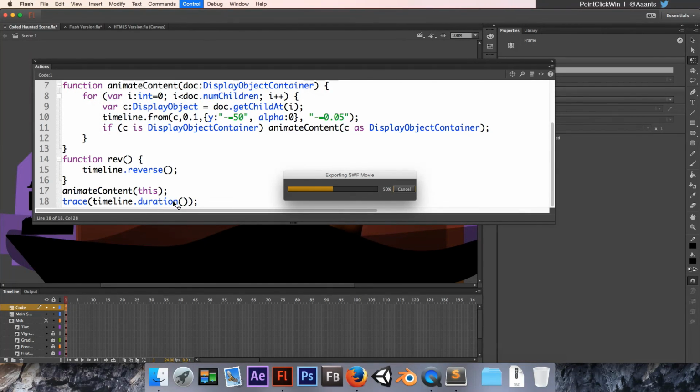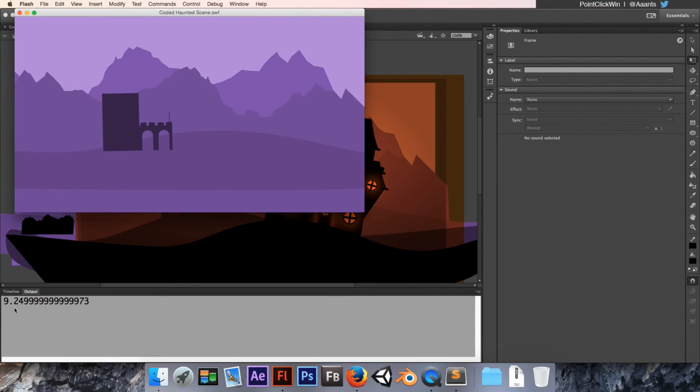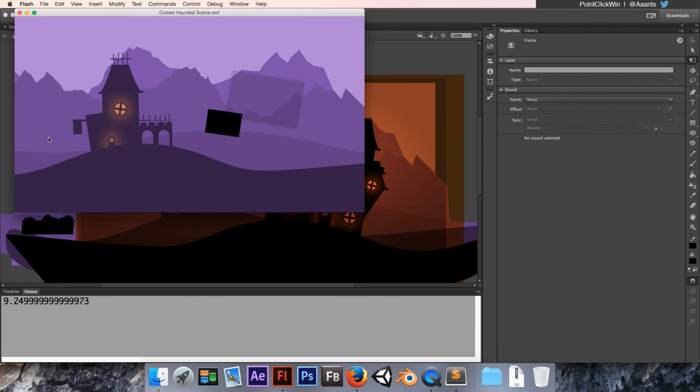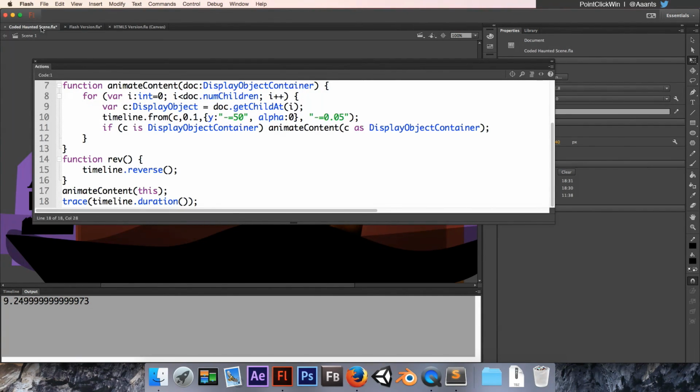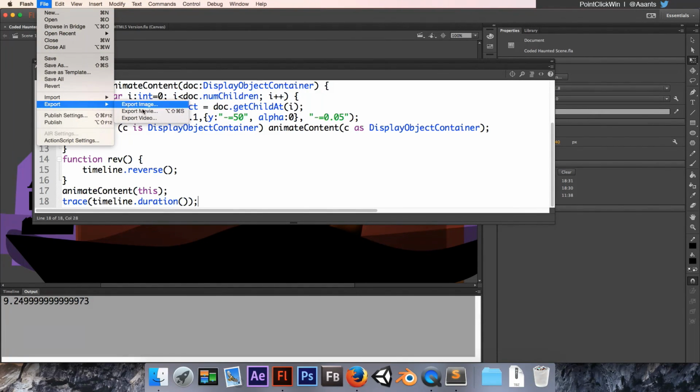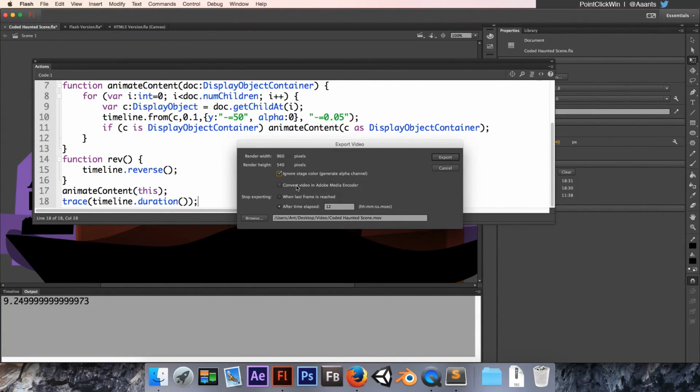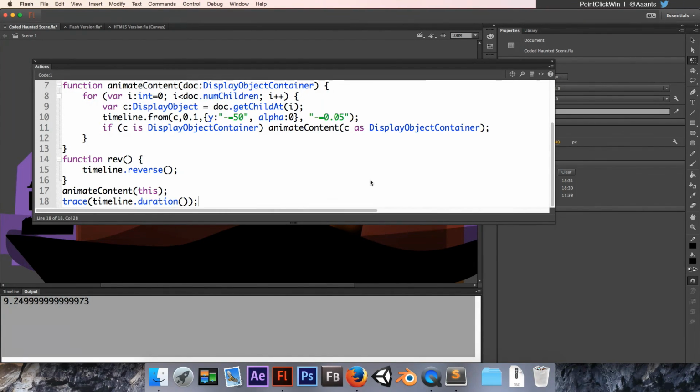And just ran the code so we can see when it runs that my animation is about 9¼ seconds. So then when I go File, Export, Export Video, I can choose a suitable place, which I already have. I've actually put my time in as well, which is based on this number anyway, so I just added a few seconds so we can appreciate the end of it. I think that will actually kick into the reverse time, but not to worry. I don't want to ignore the stage colour. I don't want to convert it in Adobe Media Encoder right now,